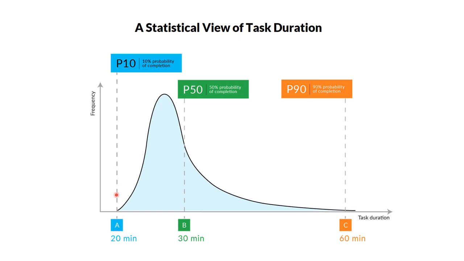10% of your rides were downhill, and you can complete them in 10 minutes or less, the P10 estimate. 50% of your rides were either downhill or on the level, and so you could complete them in 30 minutes or less, the P50 estimate. 90% of your rides were downhill, on the level, or uphill, and thus could be completed in 60 minutes or less, the P90 estimate. Now,